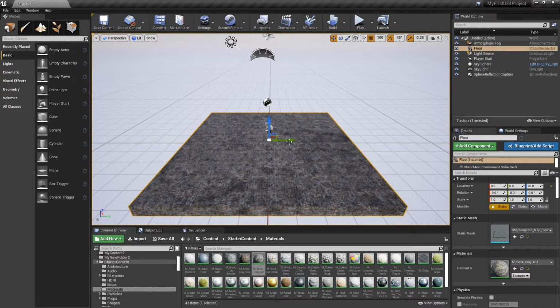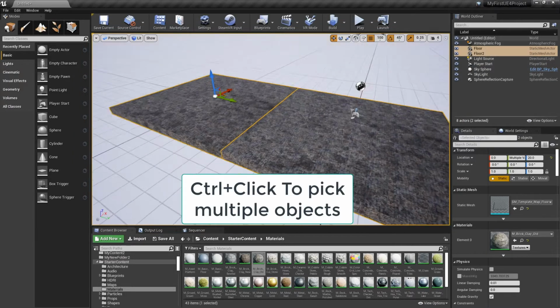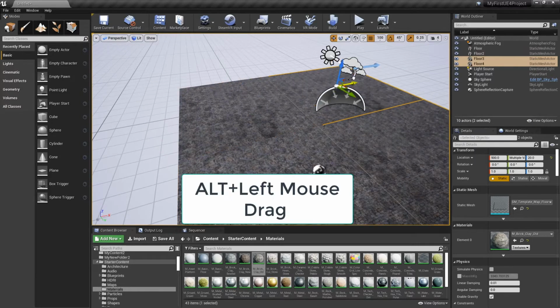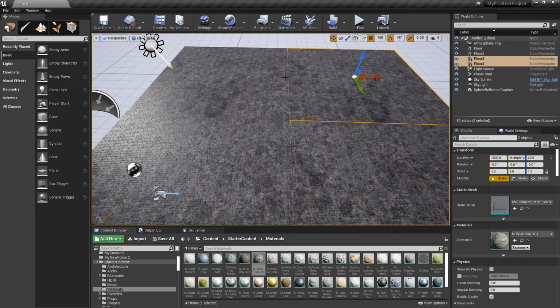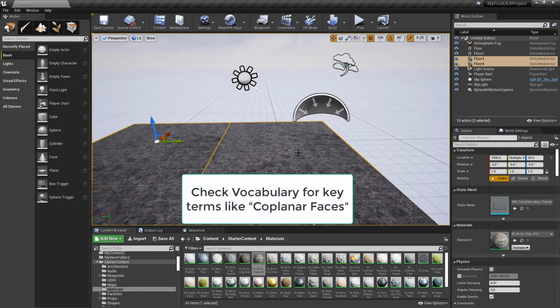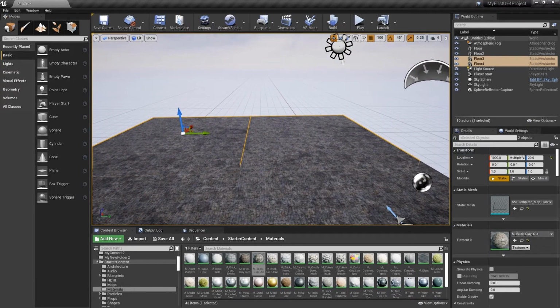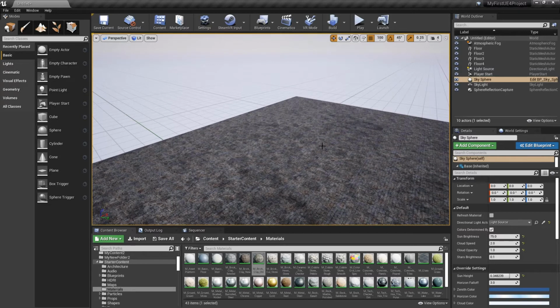And we'll just hold down the Alt key and duplicate that. I'm going to duplicate both of these at the same time and we'll just Alt and duplicate again. And you want to make sure that you don't have overlapping faces, but setting this to 100 snapping pretty much guarantees that we don't have that. But if you do see flickering ever, then you've probably got some coplanar faces, which is not a good thing. All right, so we've got this set up. Let's add some walls and build out our house.